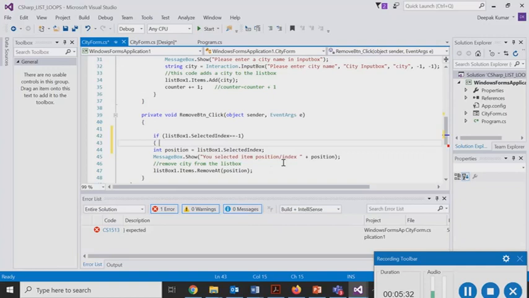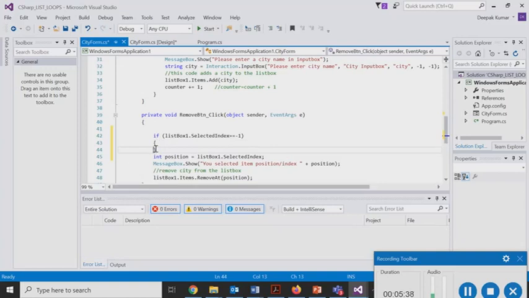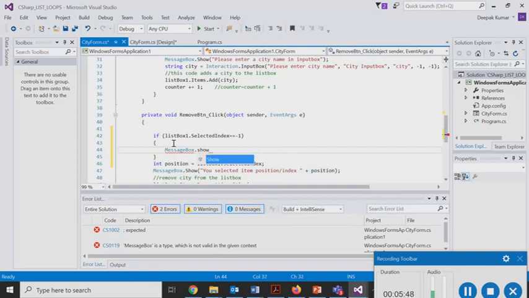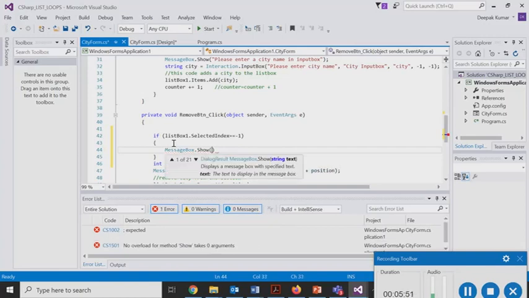So if I have that, I would just press enter to put up a message here to say if this is it, then message box dot show would display please select a city from the list box.